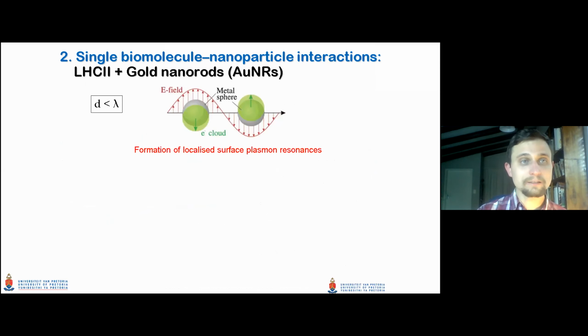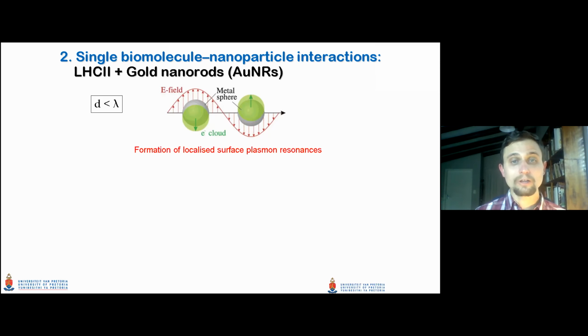Okay, a second type of method, which I've already alluded to, is by using metallic nanoparticles, which would then create surface plasmon resonances. And in fact, the field of interfacing biomolecules with nanoparticles is a very active field of research. Also from a physics point of view, interfaces between different types of materials is also very interesting. And now if you bring biomolecules in, that makes it extra interesting, I would say.